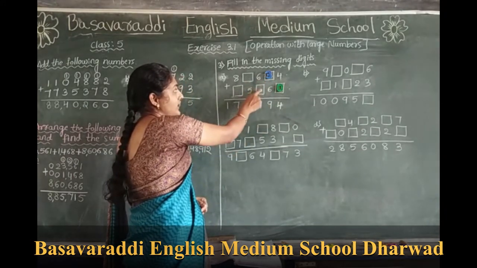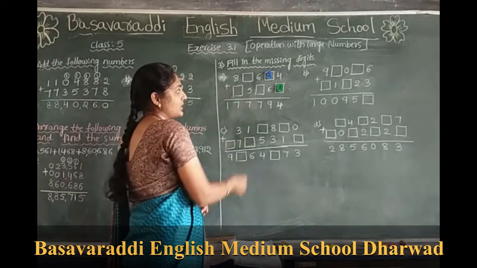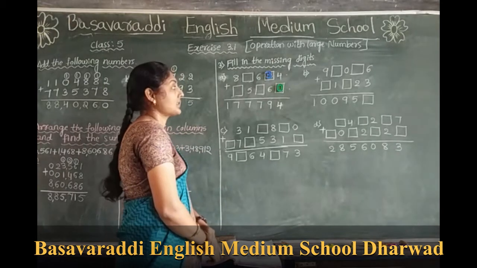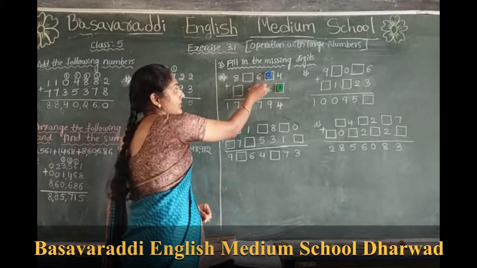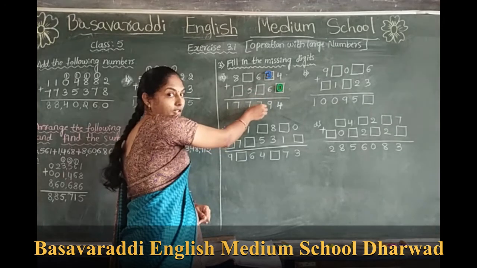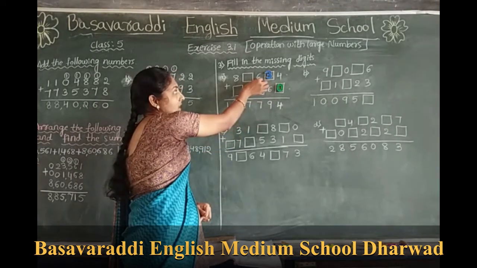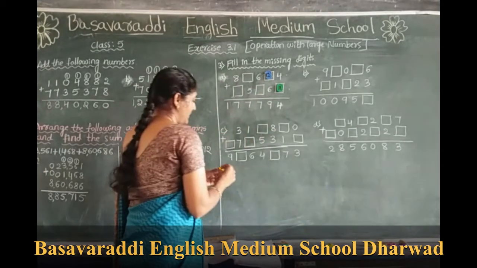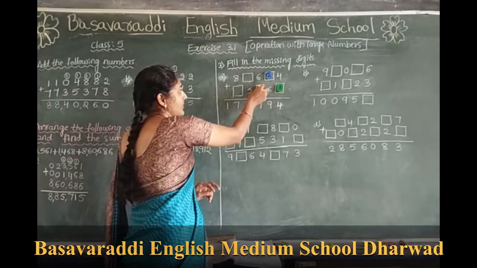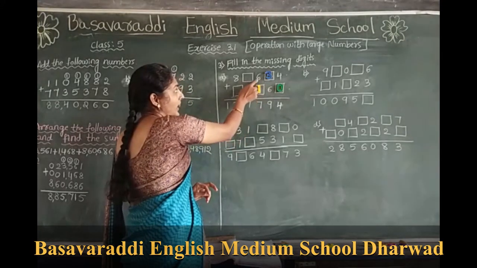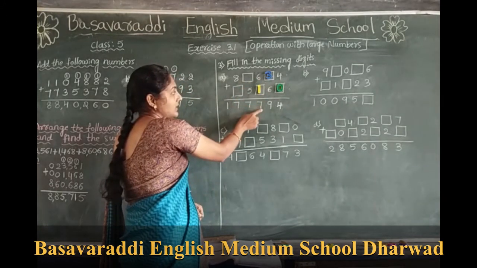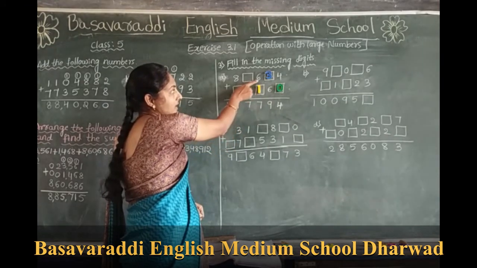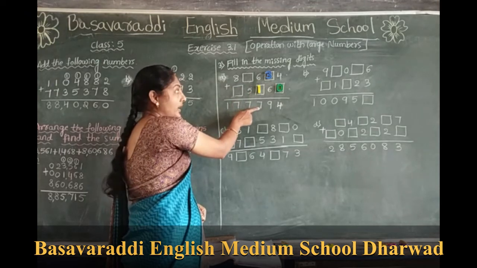Okay, go to the next number. The 6, it is in the tens place. The 7, it is in the sum column. Okay, which number we add, we get the 7 in the addition? Okay, 6 plus 1. Let's remember the second rule. What is that? If you add 1 to any number, you get the successor of the given number. It means 6 plus 1 is equal to 7.